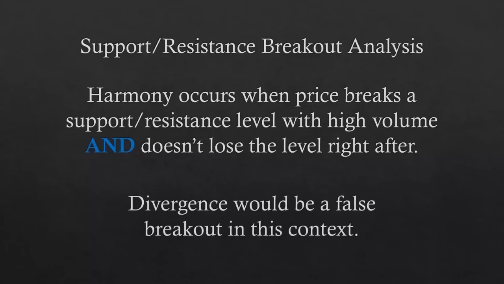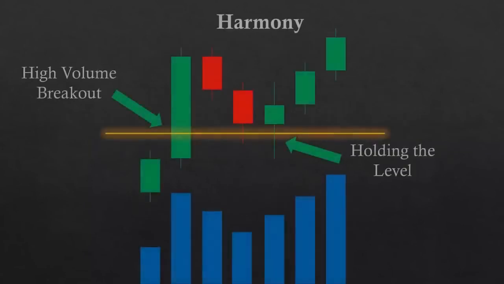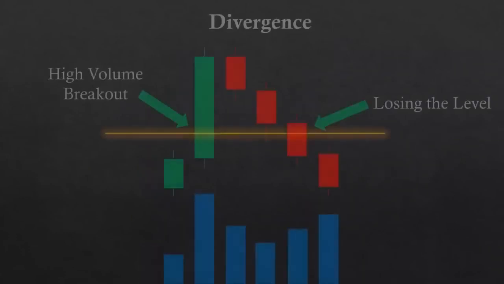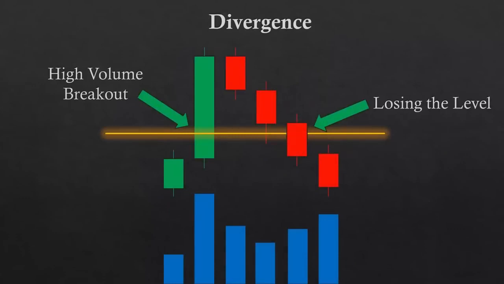Divergence happens when price breaks a level with high volume only to create a false breakout right after. For upward price movements, a harmonic scenario occurs when price zooms past a resistance line, turning it into support, which holds price action right after. In the divergent scenario, the support would not be able to hold price, rendering the scenario